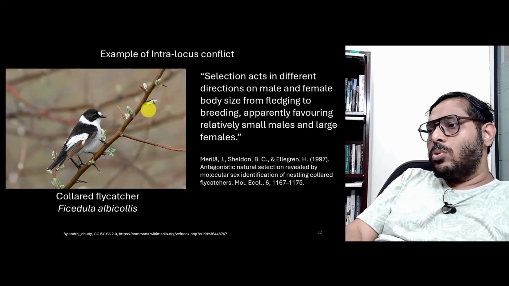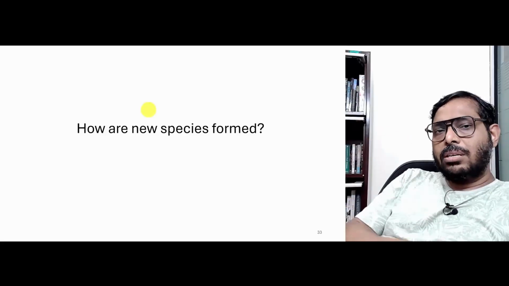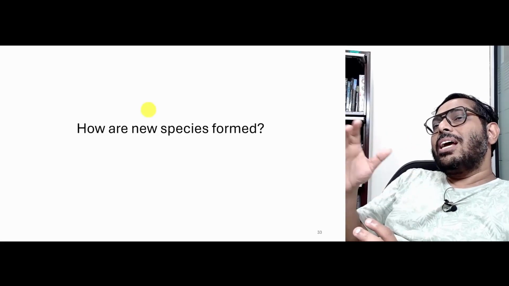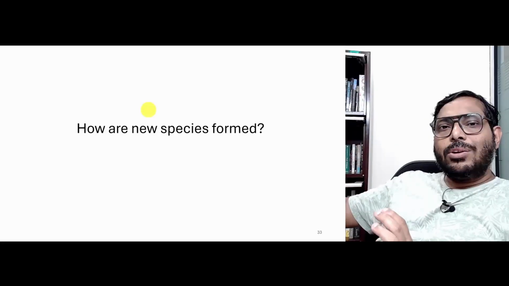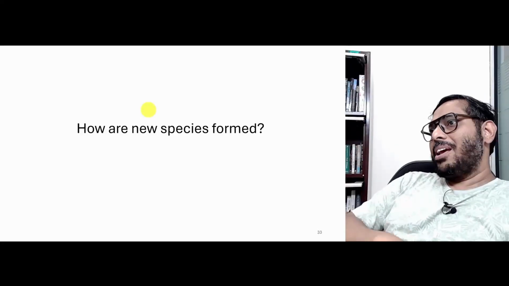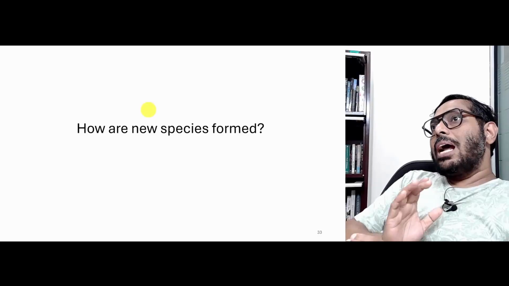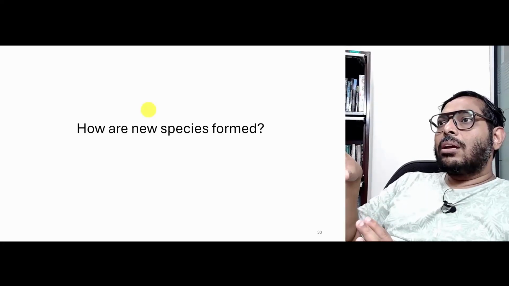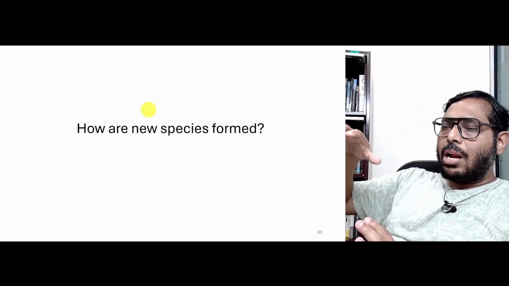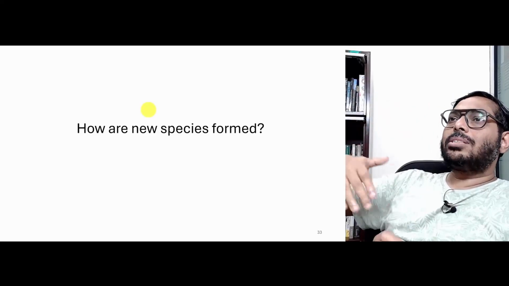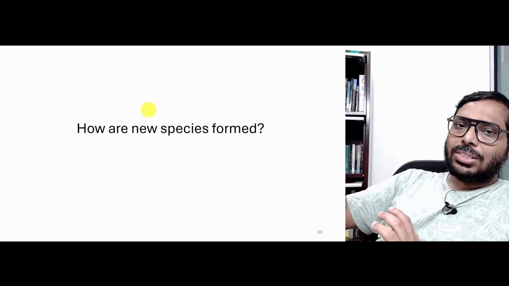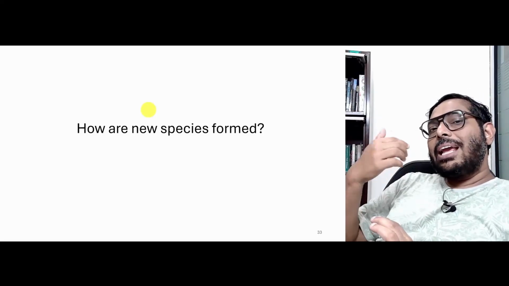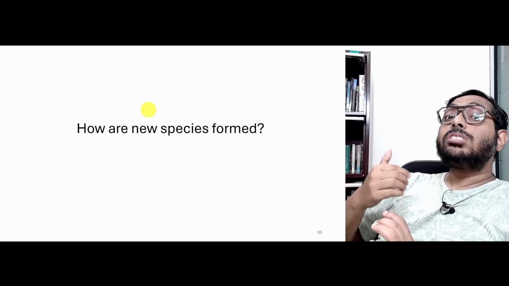So, we are going to stop our discussion on conflicts over here, but you can already see that this kind of situation can lead to dimorphism, right. And as you know, dimorphism or production of very different morphs, of course we are talking about sexual dimorphism, but if that dimorphism is not happening at the level of across sexes, but is happening at the level of populations, then that can lead to the formation of new species, right.